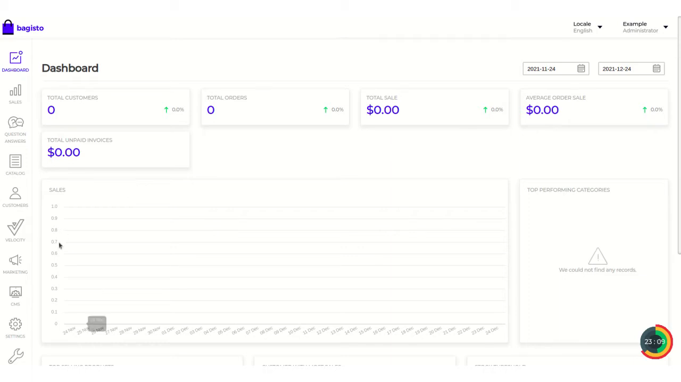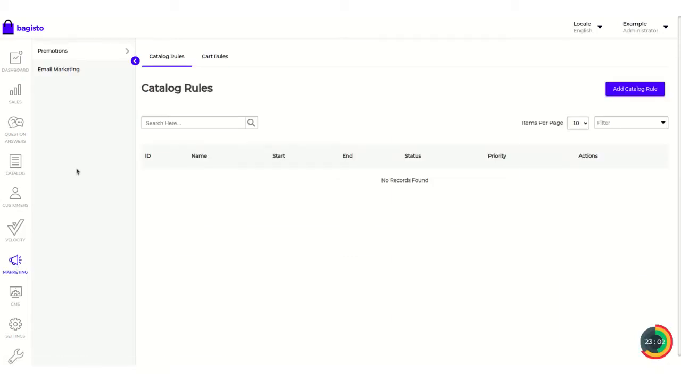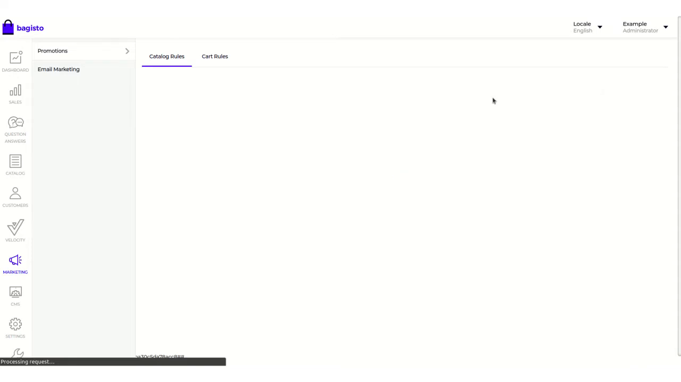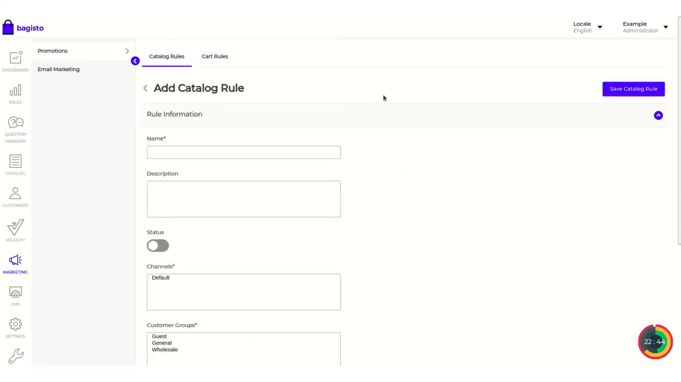Under the Begisto admin panel, click on marketing, and after clicking on marketing, under the promotions there are two options, that is catalog rules and cart rules. Under the catalog rules, we need to create a new catalog rule, so we need to click on the add catalog rule button. After clicking on this button, a page will generate where we need to put several pieces of information regarding the catalog rule, such as name,